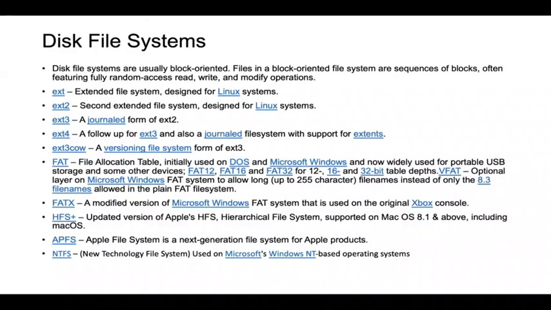EXT is the extended file system designed for Linux systems. EXT2 is the second extended file system, designed again for Linux. EXT3 is a journaled form of extension 2. EXT4 follows EXT3 plus the journal file system with support of extents,